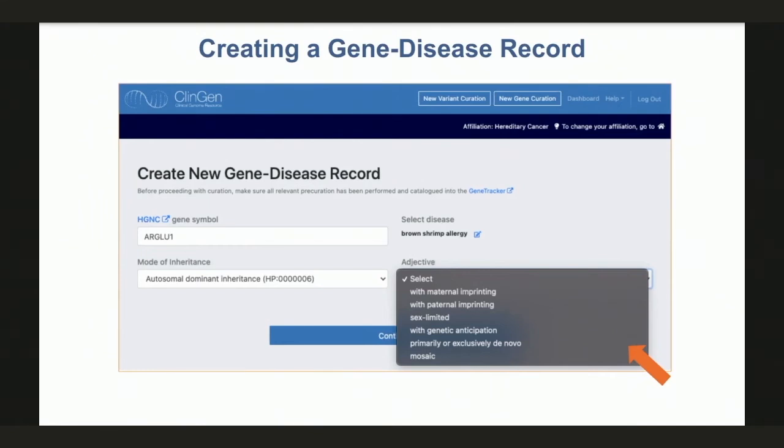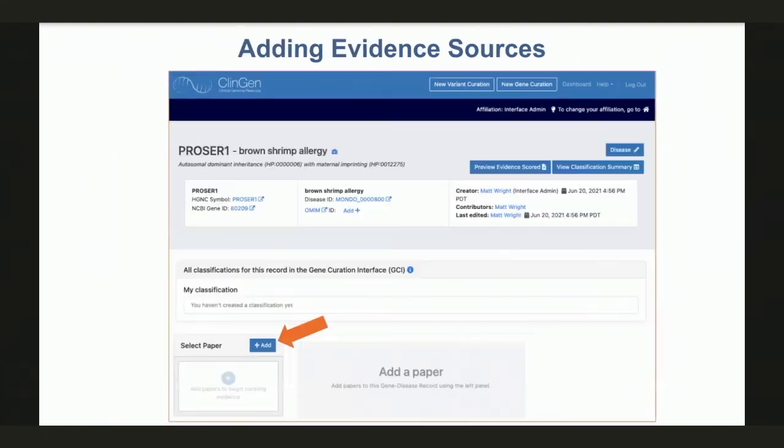If you wish, you can also add an optional adjective to the mode of inheritance, with selections also provided by a pull down. For instance, here are the options for autosomal dominant. And then once you've actually started an entry, you'll see something like this. You should check in the banner at the top that you've put all the details in correctly before